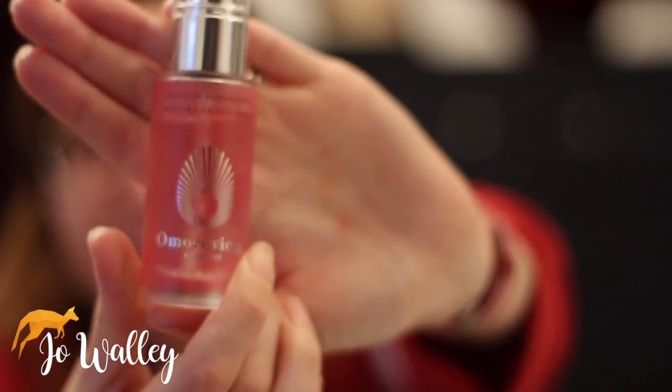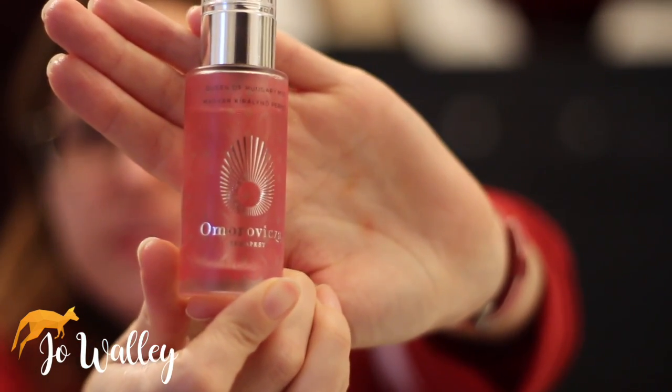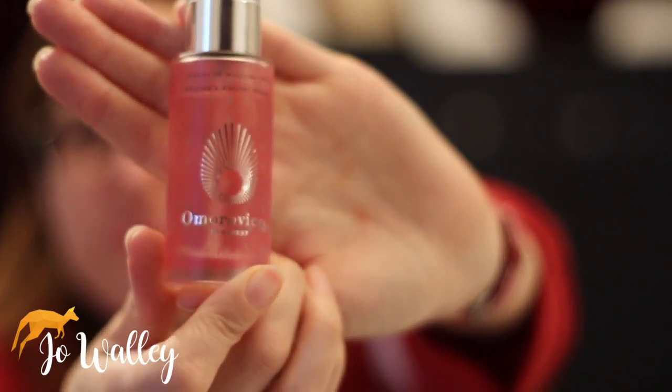onto your skin. And the one that I'm currently using is a new one to me. This again is an expensive one, unfortunately, so I don't think it's something that I would be purchasing full price unless it was on offer. This is the Omorovicza Queen of Hungary Mist, and it's a toning mist. This is a smaller bottle, it's a 30ml size bottle, and I got this actually in my Look Fantastic advent calendar last month,